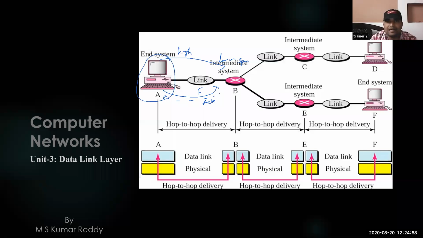And one more thing is error control. When the information is sent here, if in between due to some external factor the signal is corrupted, the receiver side system is the next immediate system. I am not talking about this destination.